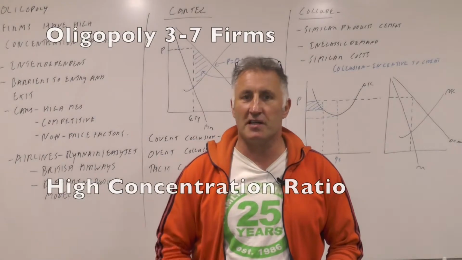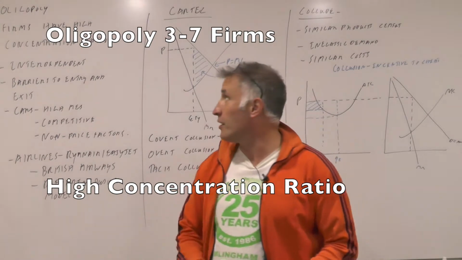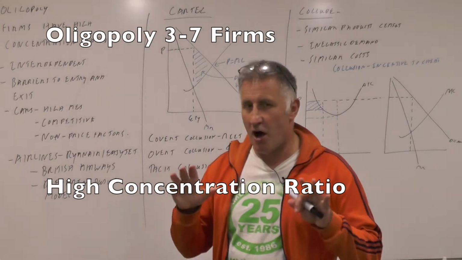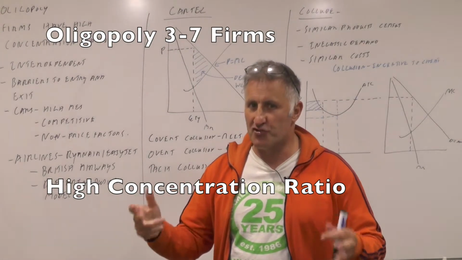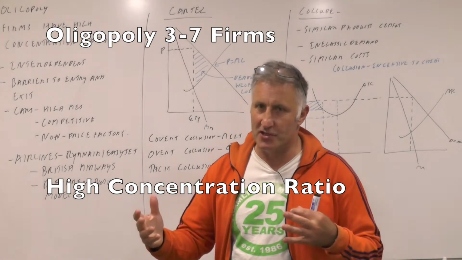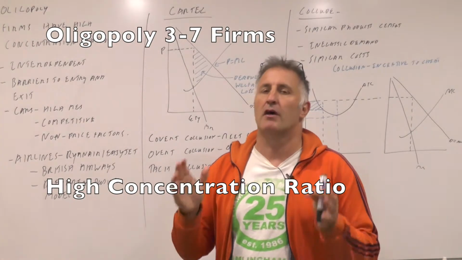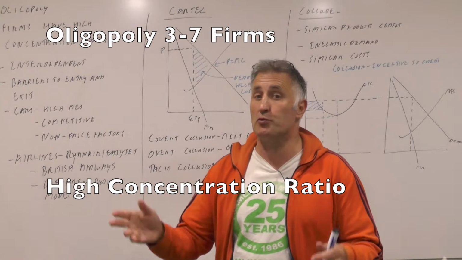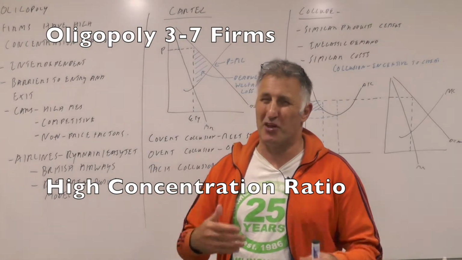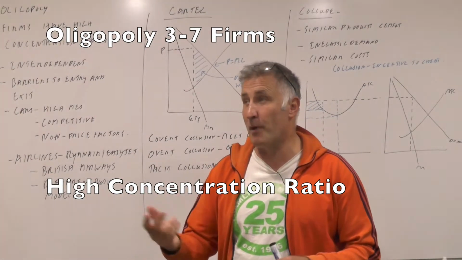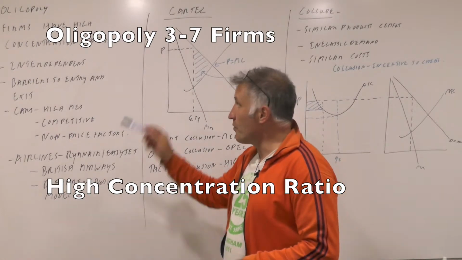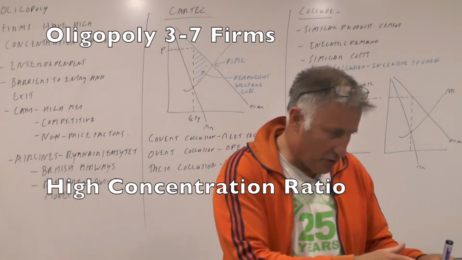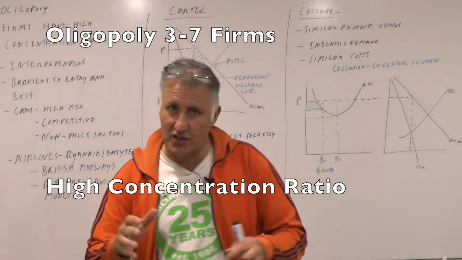Okay, this is lesson 37 and deals with oligopoly theory. Basically, firms in oligopoly have high concentration ratios, and what that really means is you are looking at industries where there are only a few firms within the whole industry. They always say in the books between 3 and 7, although it may be more than that. The firms are basically interdependent on each other. So if this firm does one thing, how do the other firms react to that?